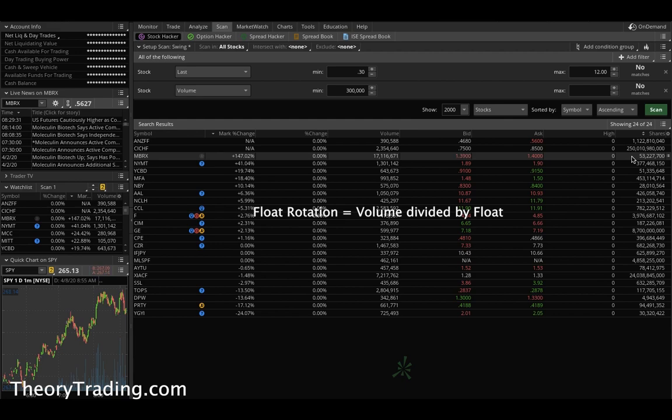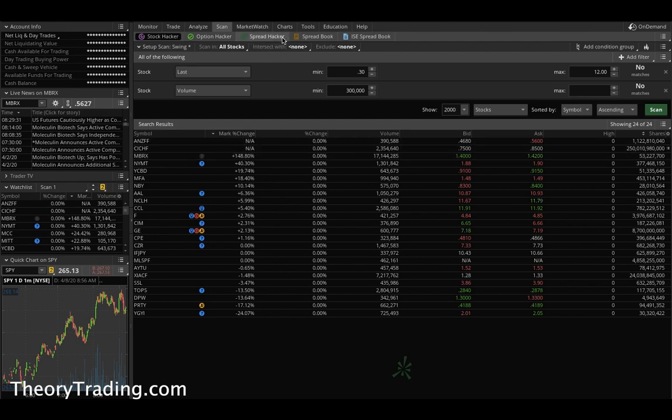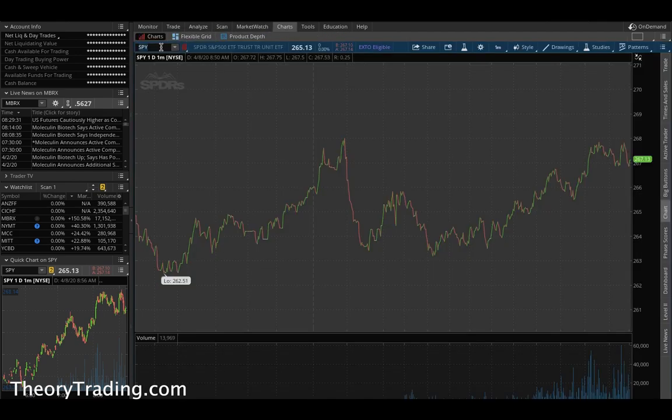Okay, so this stock hits almost everything on my checklist. Very good volume, percent change, positive news catalyst. It doesn't have a very good float, but with the news being so hot and it moving so much pre-market, this is a very good candidate today. So I'm going to immediately go into my chart, MBRX,